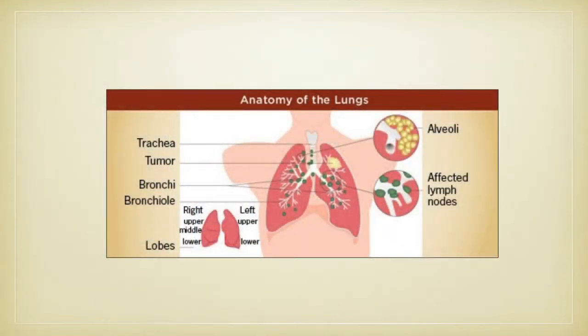So a little bit about the anatomy of the lung, and Dr. Strasnika has gone over the staging with you. An example of a stage 1 lung cancer would be a small lung mass that's involved in the lung only without extending into any of the lymph nodes. And an example of a stage 2 lung cancer would be cancer involving the lung as well as regional lymph